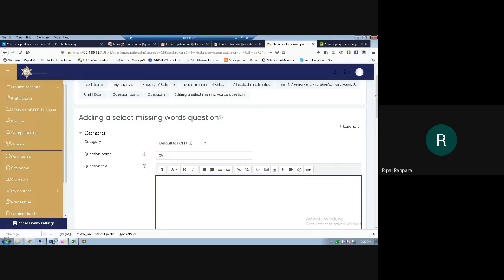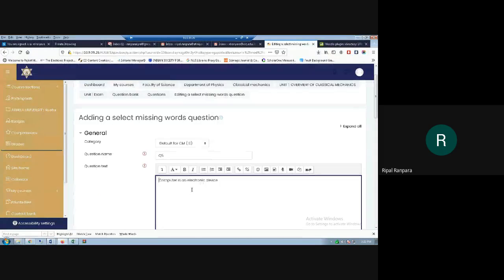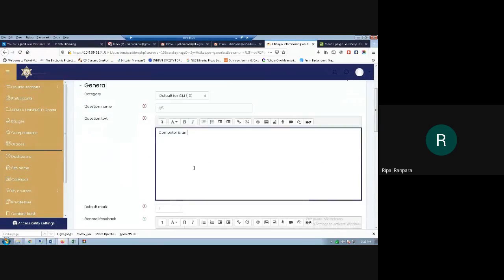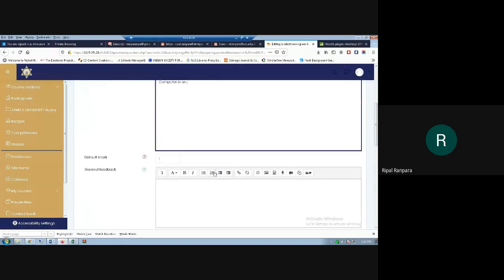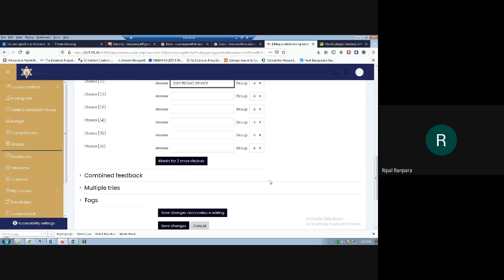And let me add one question over here: computer is an dash device. I'm putting the question as half. The very first choice is electronic device. That's it. Let us say this is a dummy question. Save changes.